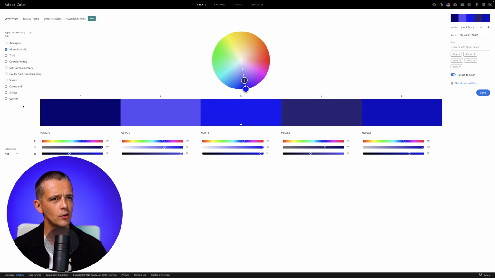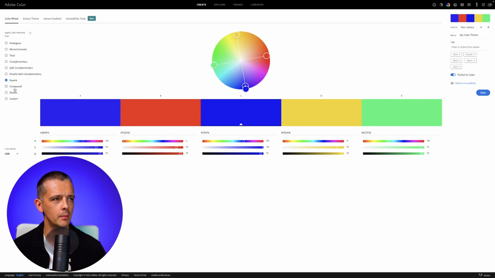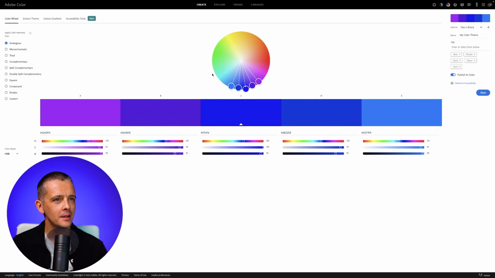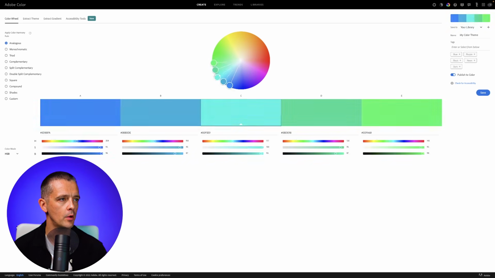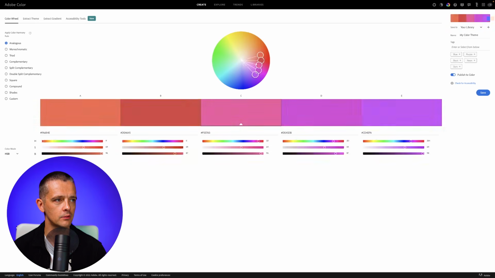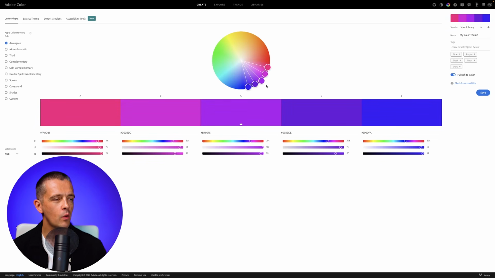So let's just look at some of these. Some of these I find a bit bizarre, like square. I'm not sure how to get into this and apply it. But something like analogous color schemes are colors that are next to each other on the color wheel. So like going from purple to blue, or yellow to green, red to orange, etc. This tends to give quite a calming feel. It feels like these colors should belong together, and it's